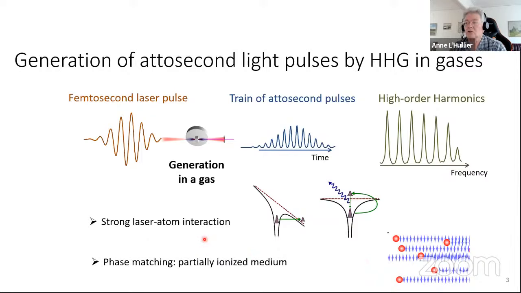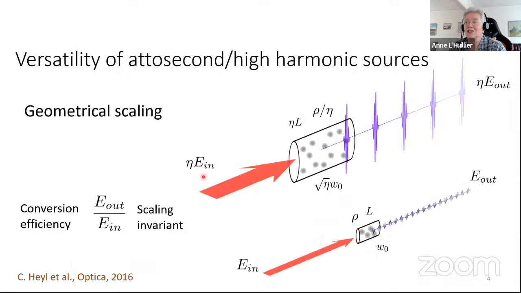Now, what is important to understand is that these Attosecond sources generated by high-order harmonic generation in a gas are extremely versatile. You can find very compact systems, very large systems. This is still the same process, and this is due to geometrical scaling of the interaction, which is represented on this slide. If you consider a certain geometry with an input energy, you focus your laser into a medium of a certain length with a certain density,